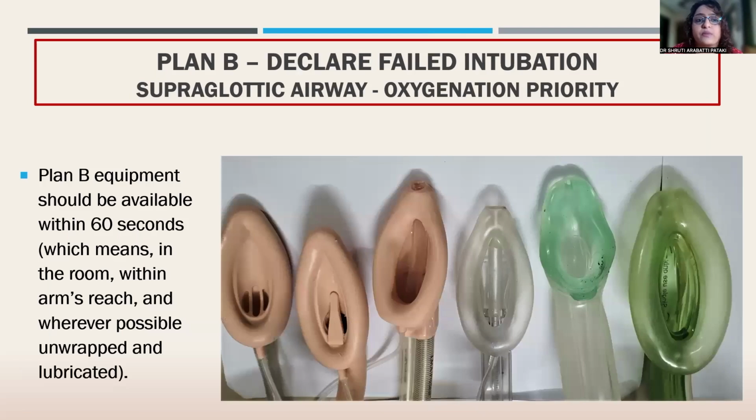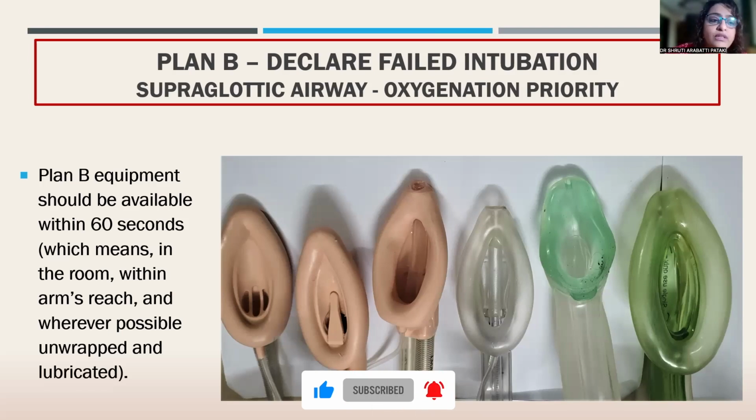The thing is with plan B, especially when you have a failed intubation or you're using LMA as a rescue device, plan B requires you to be really fit, pat, and perfect with which LMA you're going to use. You've probably used them 100 times before. You're comfortable with your personal LMA preference, and you should be able to insert the LMA within 60 seconds of the first failed intubation. So this means that your airway cart needs to be well prepared. Your team needs to be well prepared to hand you the device in time.